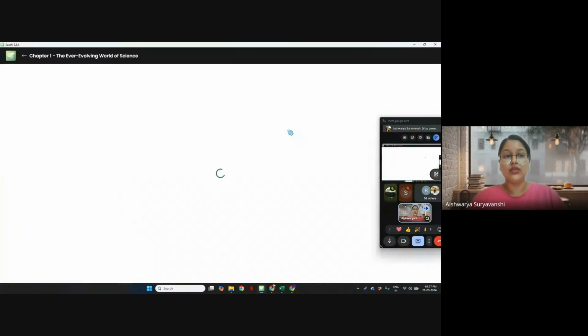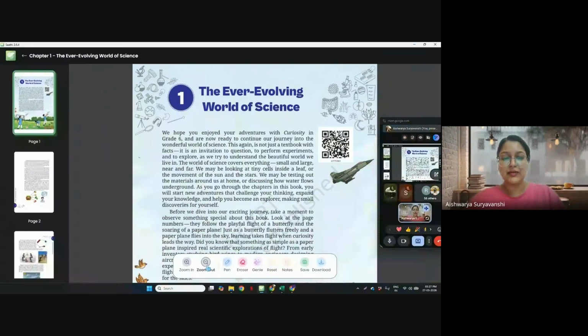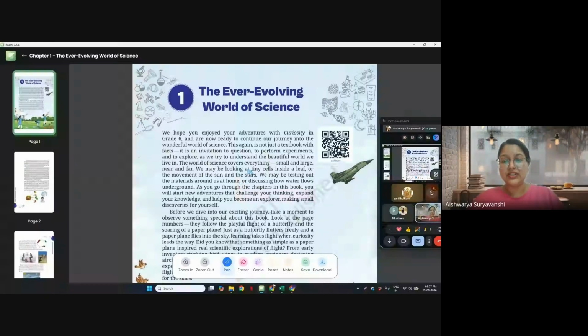I'll just quickly open a chapter. What all you can do if you have a textbook uploaded, I'll explain to you. You can zoom in, zoom out of the textbook, because I remember a couple of teachers love using their textbook. So instead of carrying a bulky book in their hand in every class, they can simply upload it, and they can come in the class and open these pages and show them to the students. They also have a pen option where they can annotate and explain a concept to the student. All of that they can do.